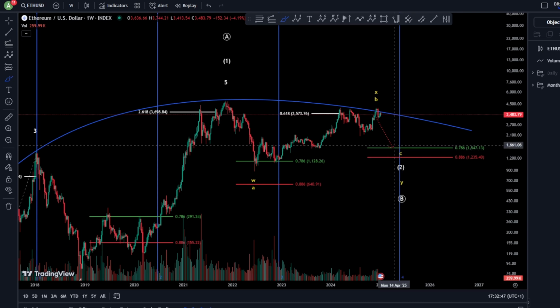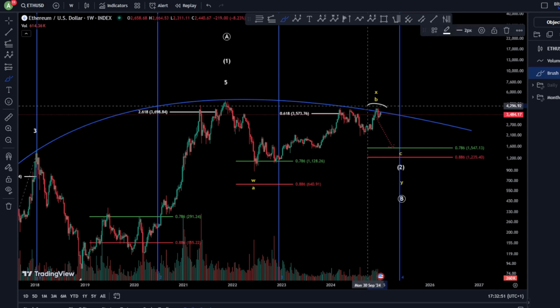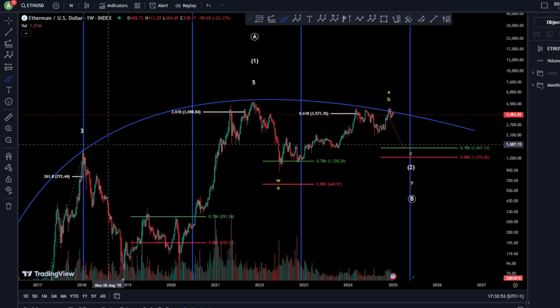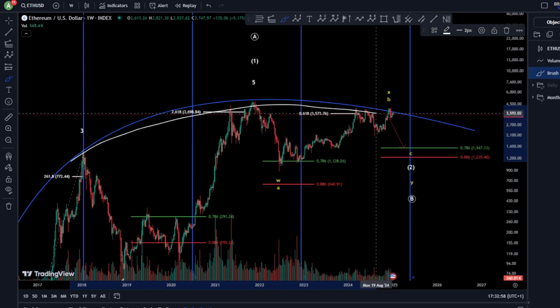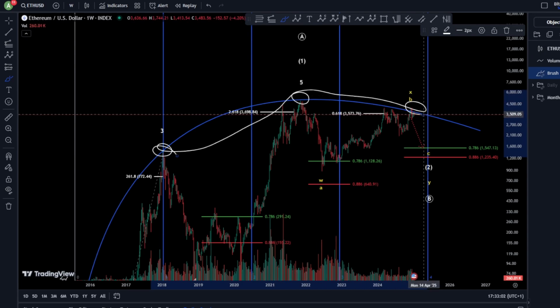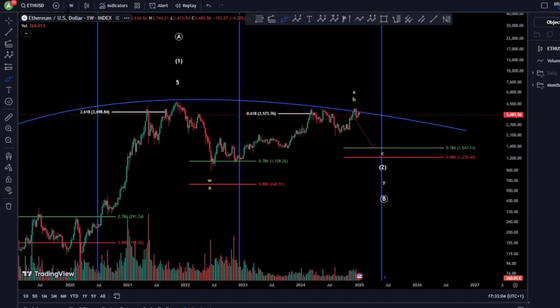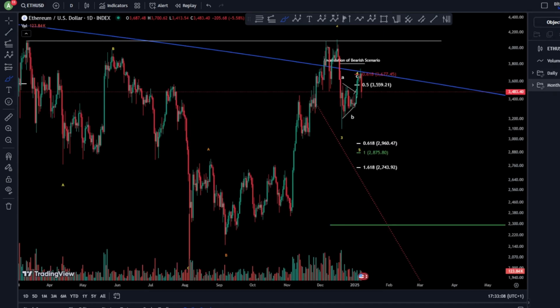So basically, yes, Ethereum is still looking for lower prices. This was almost the high, which it has found a strong resistance around this parabolic curve taken from every all-time high for every cycle. So basically, if we go to the daily chart now, and we open our scenarios for